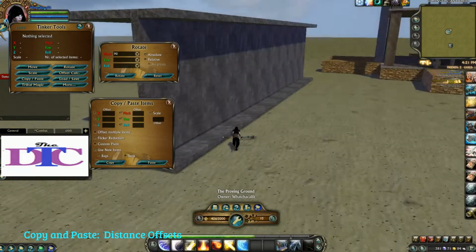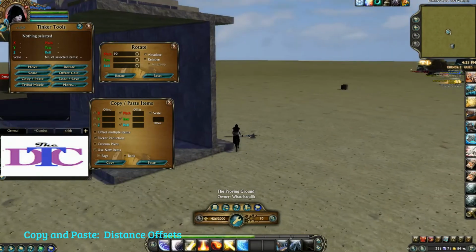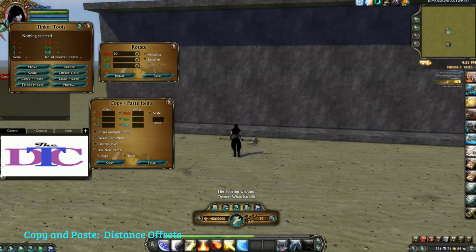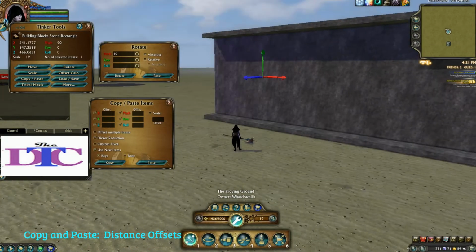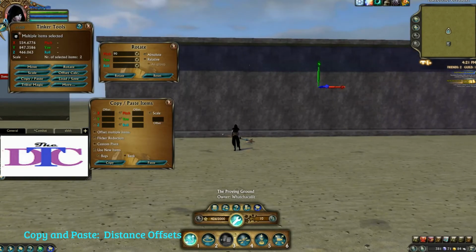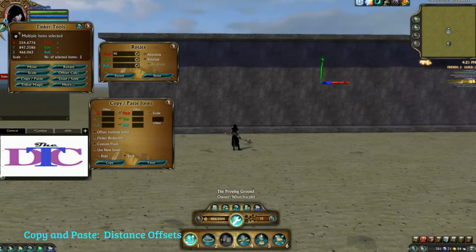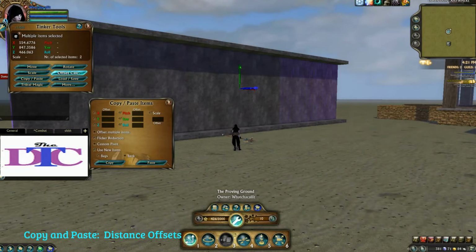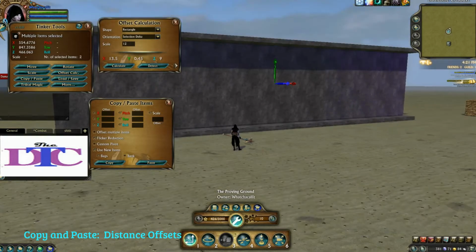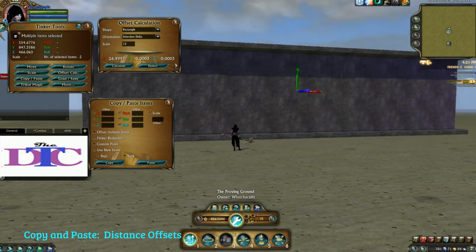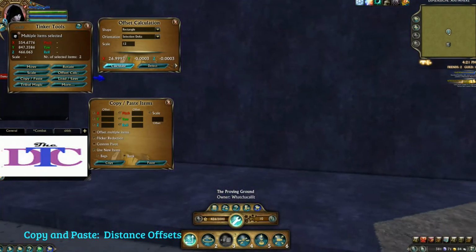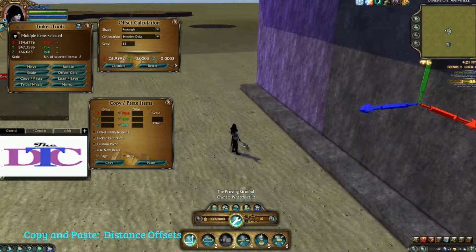So with this one, we're working with distance offsets. I want this long wall here because that's going to be easier to use. To figure out how much room I've got to work with, I can either select all 3 rectangles or just the 2 on the ends, which is what I went with. So I know I've got rectangles, and I want selection delta. Okay, so we know we've got about 54 game units here to play with